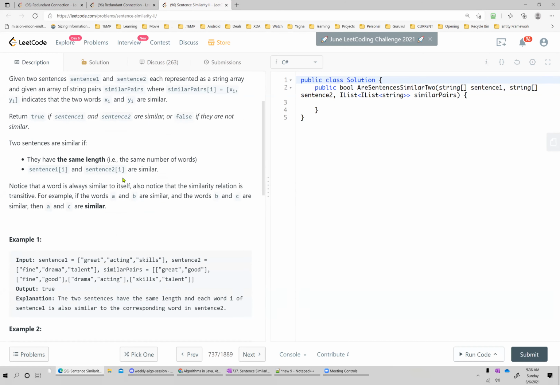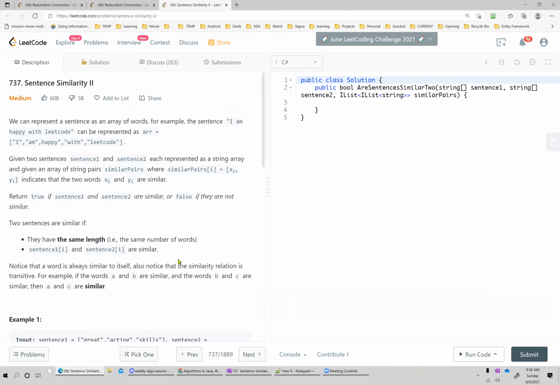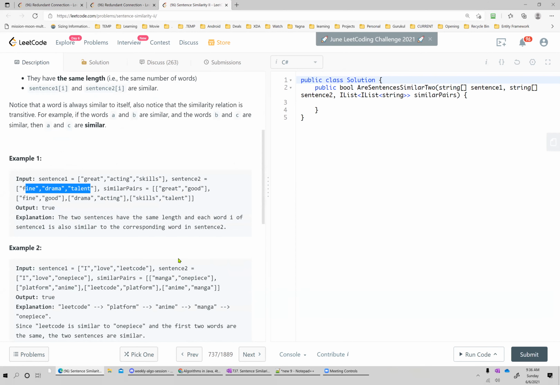This is the question where I think in some interviews they ask how you can fight plagiarism in writing. So basically there are two sentences given, right? Sentence one is great acting skills and sentence two is fine drama talent. And you have to say whether these two sentences are similar or not.